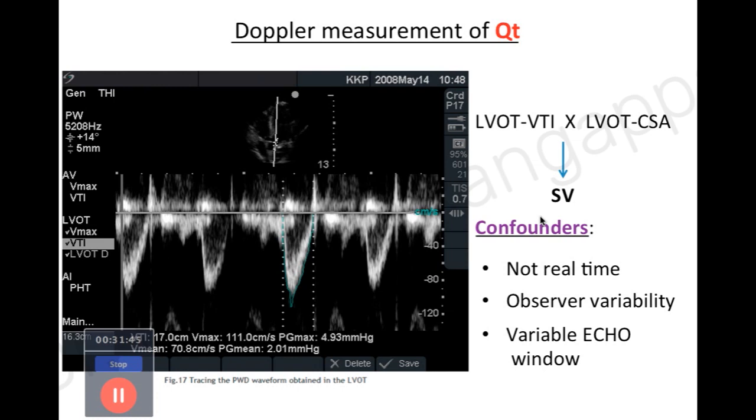But the problem with this is it is not real time, because every time you need to calculate cardiac output, you have to go with an echo probe and measure this, and there can be inter-observer variability. Sometimes, especially in post-surgical patients or someone who is on high PEEP, it is very difficult to get a good echo window. So that also can be a problem. These are some of the